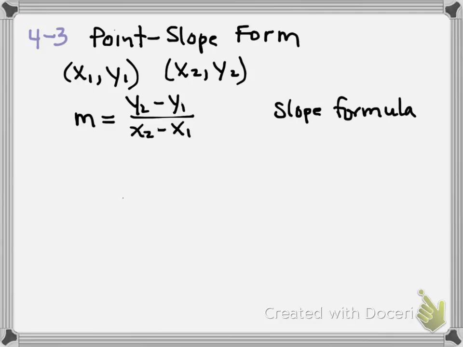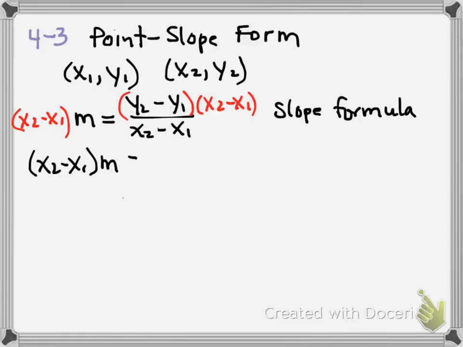Yeah, so let's go ahead and we're going to multiply both sides by that difference in x's. Okay, and that would give us x sub 2 minus x sub 1 times m equals y sub 2 minus